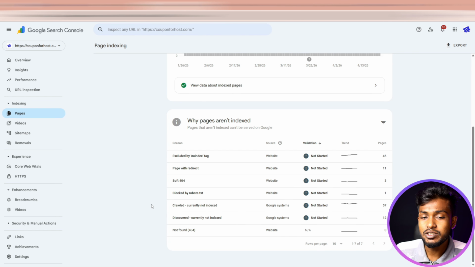The next two issues are Crawled - currently not indexed and Discovered - currently not indexed. What's the meaning of these two issues? The first one is Crawled - currently not indexed. That's when Google and other search engine bots crawl your website and set your page or post as not indexed for a reason. The second one is Discovered - currently not indexed. That's when Google and other search engine bots are aware of your post or page